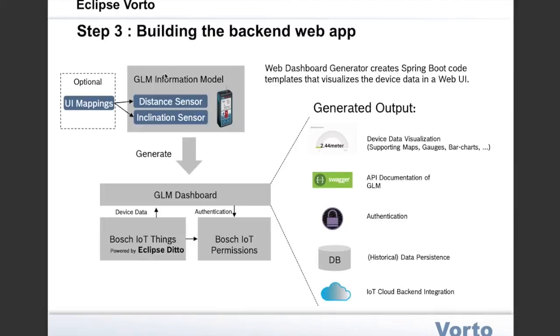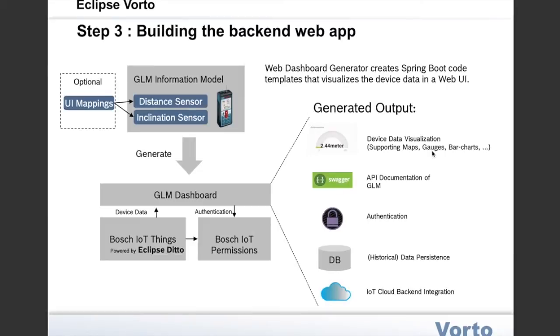So now that we have an instance in the Bosch IoT Suite already provisioned, we can write a backend application which consumes data and visualizes its data in UI widgets. Vorto provides a web dashboard generator, which creates Spring Boot code templates and the connecting functionality to the IoT Cloud backend. So on the one hand side, it generates device data visualization, supporting different kind of widgets, for example, map,